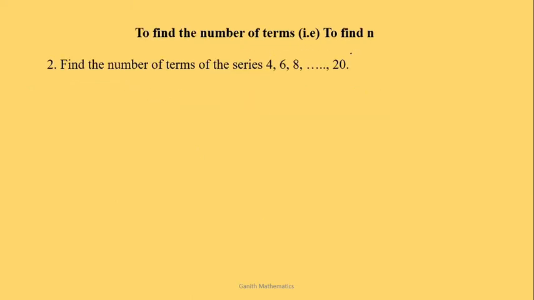Find the number of terms. So to find n, how many elements or terms are in that particular sequence, we are going to use a formula which we remember, that n is equal to (L minus a) by d plus 1. So solution: now I am going to extract the terms which I know from this sequence. The first term is a, or else we can denote it as t1. So a equal to 4, and we can find d from this. d is equal to t2 minus t1. So it is nothing but 6 minus 4. So it is 2. And L is nothing but the last term.